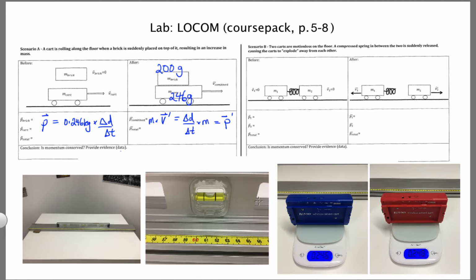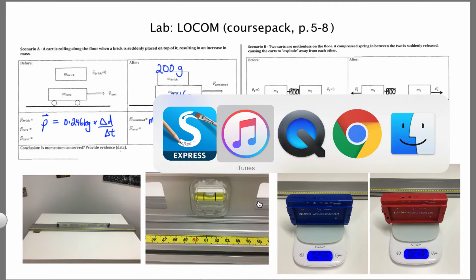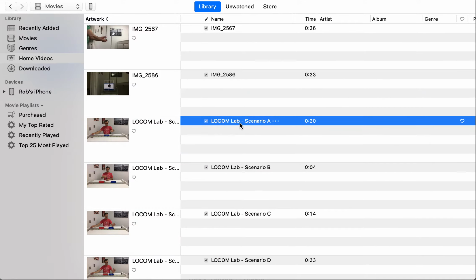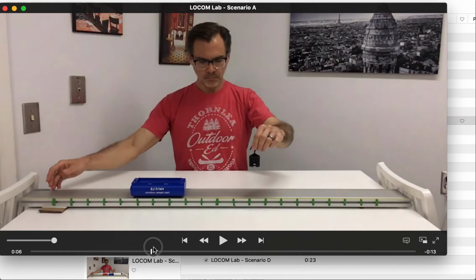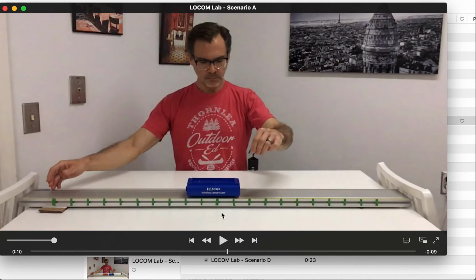But I think if you make sure that your measurements are done as close to the time of collision as possible, so don't measure from back here. Wait till this thing gets a lot closer, and therefore there's less time for it to slow down. Maybe begin here, and there's 5 centimeters, 10 centimeters. You could time that with your phone and get a pretty good idea of the velocity prior to collision,